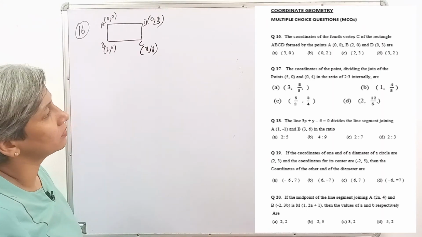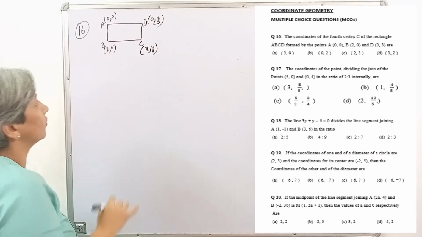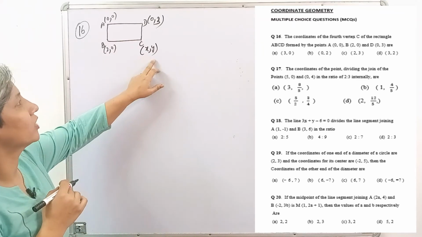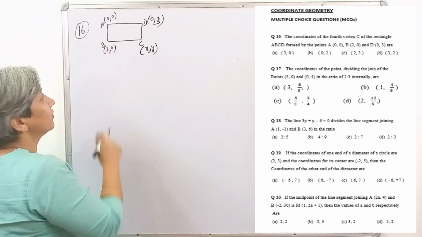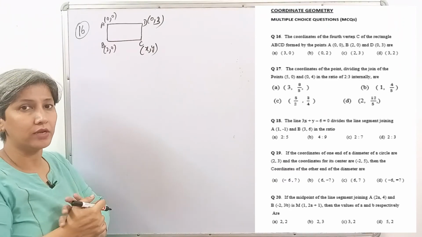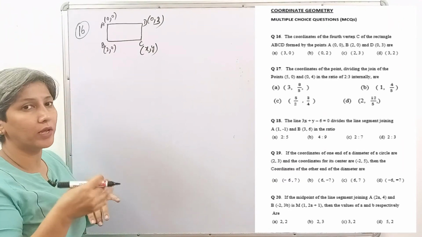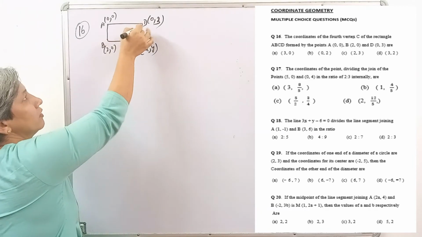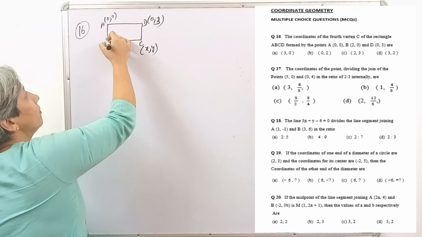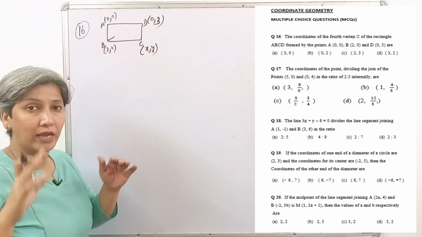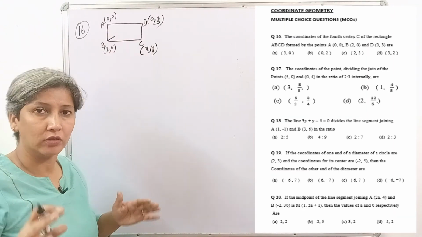Now we are given that it's a rectangle. We have to find the values of vertex x, y, right? So we know we also studied the parallelogram. Rectangle is a parallelogram only, right? A kind of parallelogram where the sides are at 90 degrees. Whenever any rectangle or parallelogram question comes, keep it in your